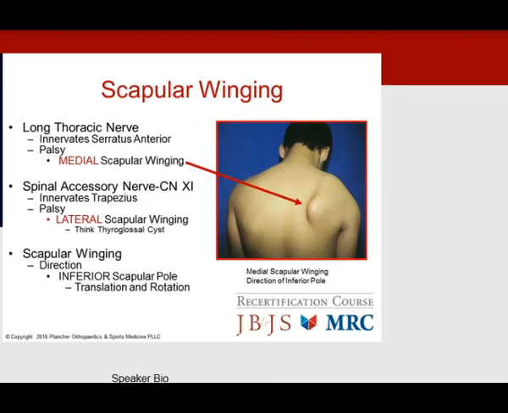Remember that innervation of the trapezius is by the spinal accessory nerve, and lateral scapular winging can occur. Think of the neonate that had the thyroglossal cyst and now has lateral scapular winging. Always detect the scapular winging by describing the inferior scapular pole, as I said, as the way to know